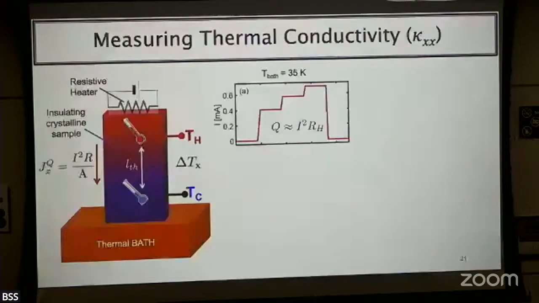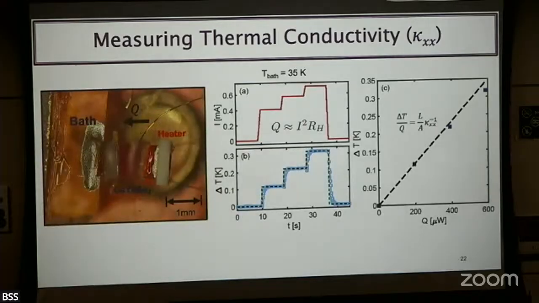Yeah, so let's look at this. This is how we measure temperature. I think it was around 30 or 35 Kelvin. You turn on the heater current, and then you increase the heater current. And you might see this is actually square root 2, every square root 2. So if you do that, your heat current is I squared multiplied by your heater resistance, which we are also monitoring in time, okay? And then we can measure this delta T. When the heater is 0, this is 0, and then it increases, increases, increases, and then comes down, okay?